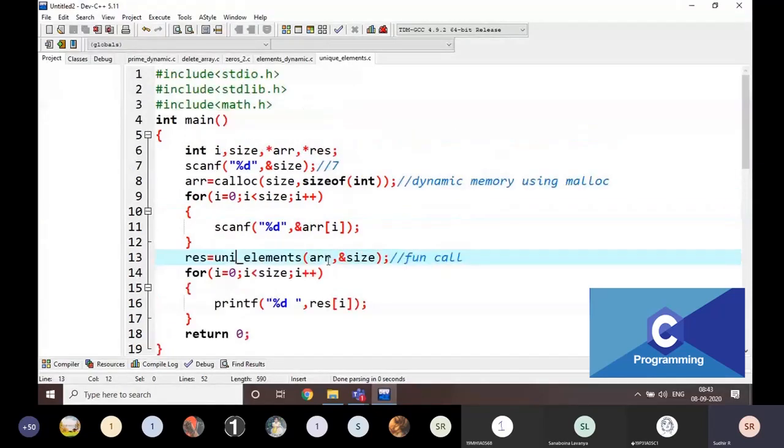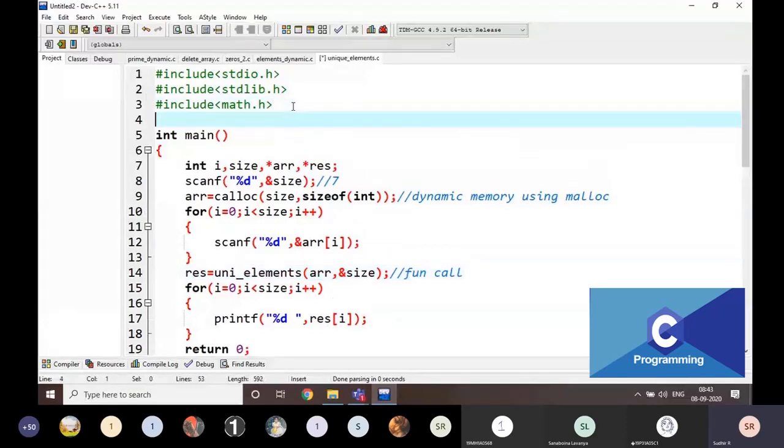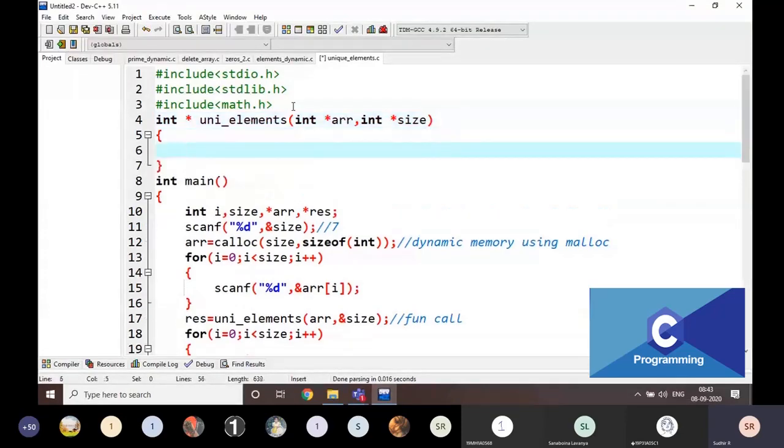Okay, now int star elements of int star arr comma int star size, everything is same, right? Everything is same.